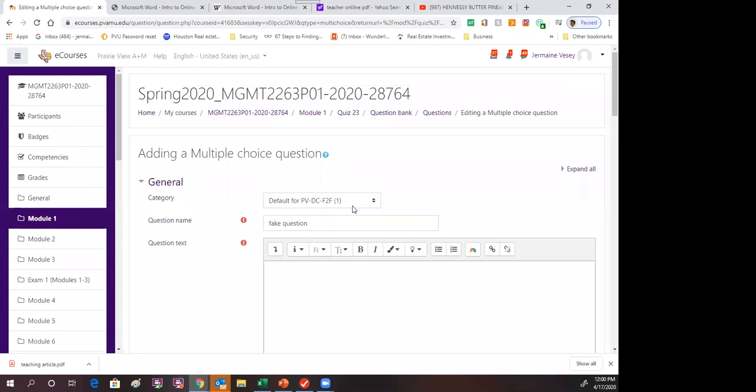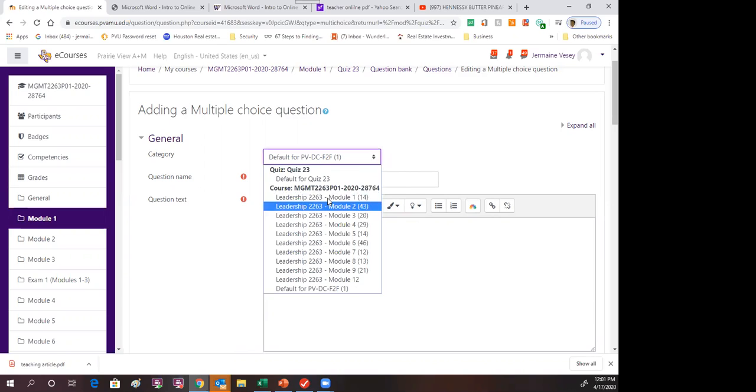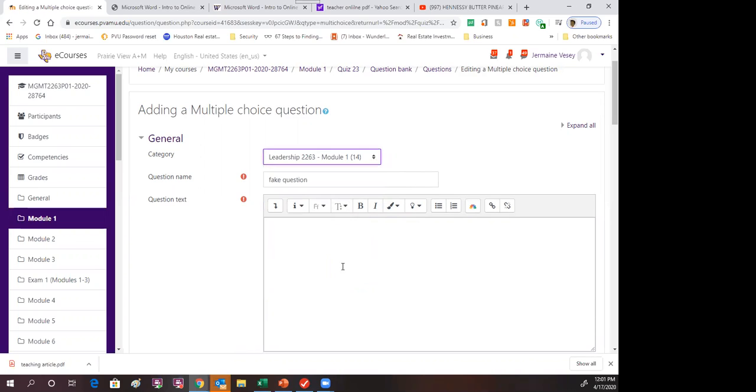What's important here, and we'll cover this in the advanced class, is that you want to have a section for each module. We'll cover how to create those, but you can see I've already created them for modules 1, 2, 3, 4, 5. So as I create this question now, I'm going to tell it what module I want this question to be associated with. So I'll say module 1, call it fake question, and I'm going to put this is just a